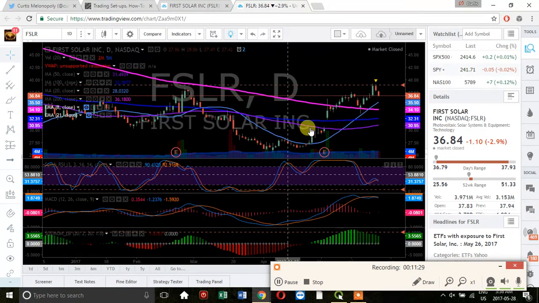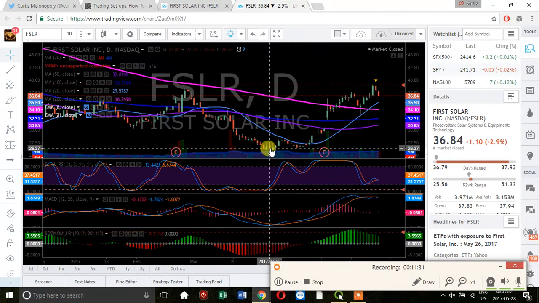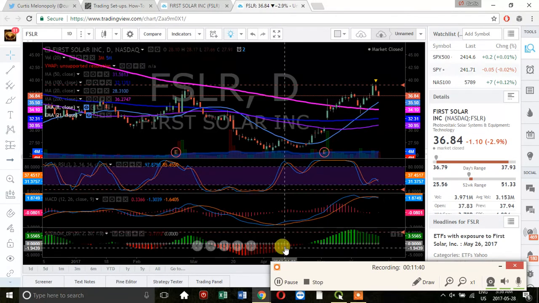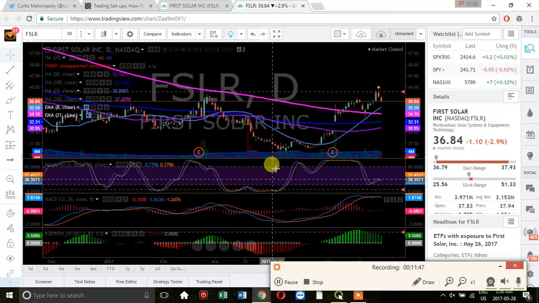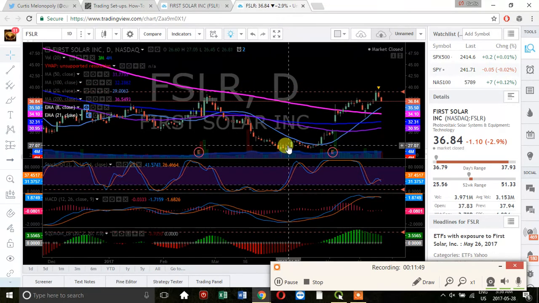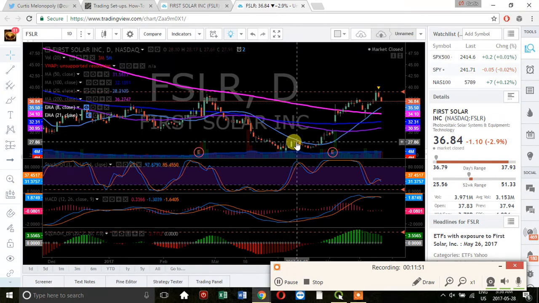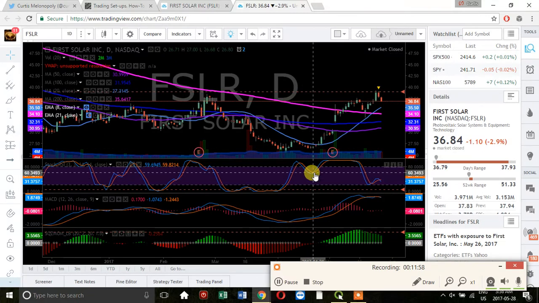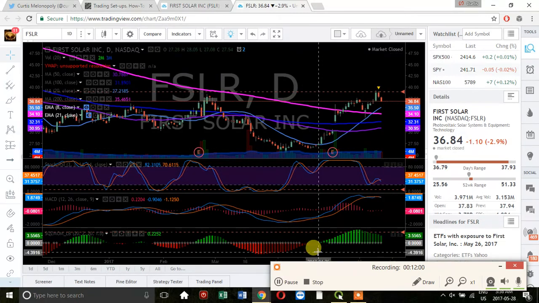So there's the other side of the 200 MA, which is the bottom play, and that's this scenario. Your MACD crosses up, your stochastic RSI starts moving up, and your squeeze momentum indicator, which is my favorite of the indicators, especially for day trading, starts to trend up. What'll typically happen then is that it'll test the 20 MA and then it'll come off, and this is what happened here. And then it'll come back down, and when you start to see the indicators cross back up, which is what you see here,